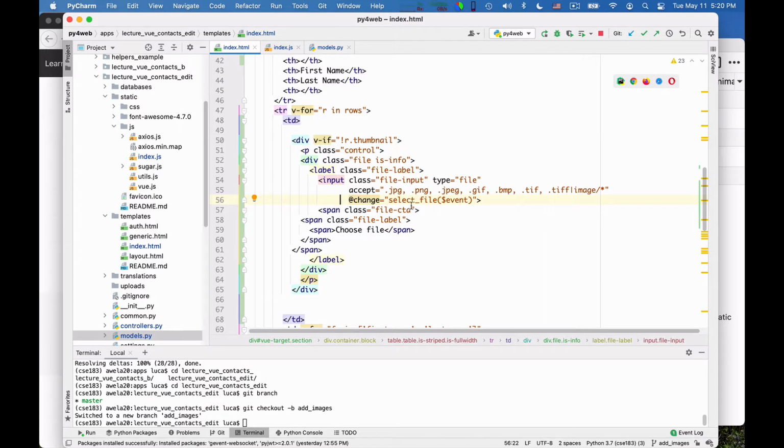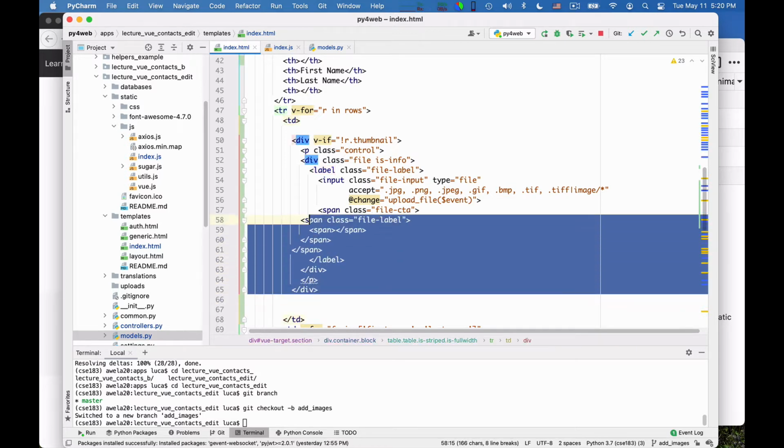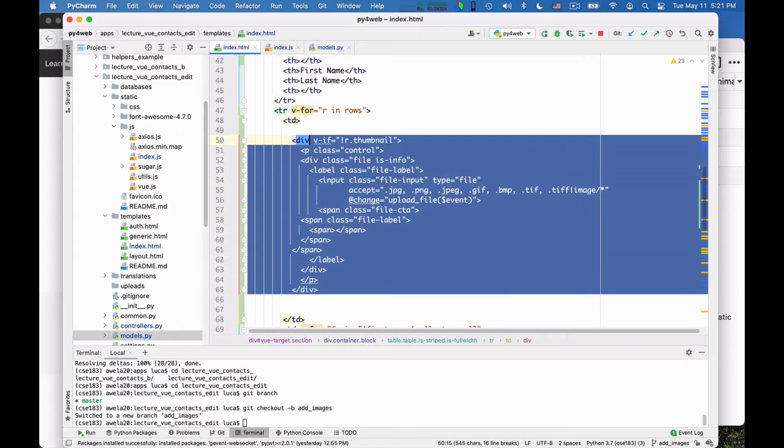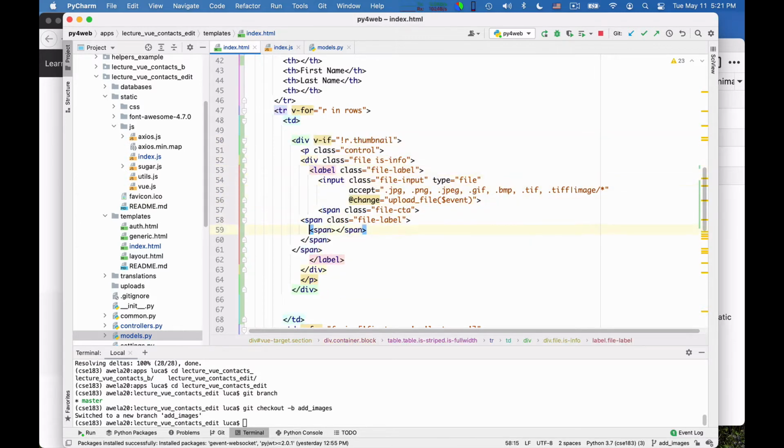Okay, and I can change this to upload file. Why not? Okay, one event only. And here I don't want to write choose file. I just want to leave it as it is. Okay, so here there is a bit of, I don't know why it did not put it correctly. I think it does not understand fully what's going on with Vue. That is the problem.